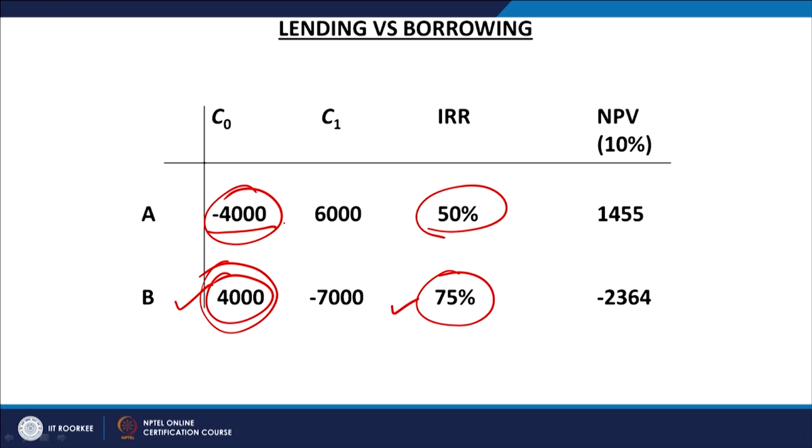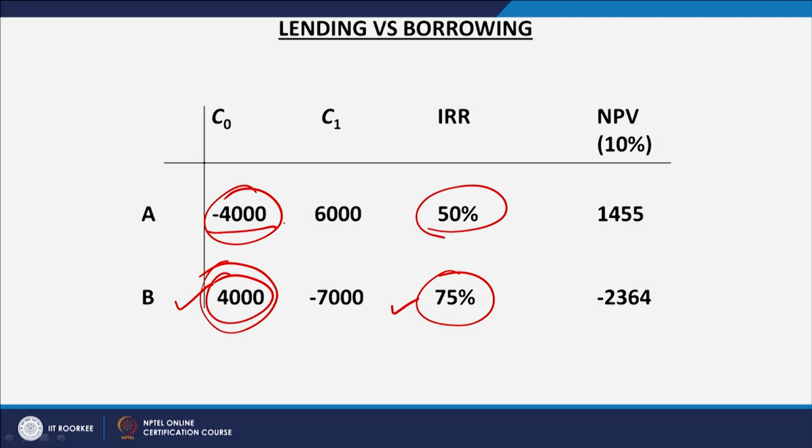This is the borrowing rate and this is the lending rate, right. So, we are lending at the rate of 50%. So, we are earning this return and we are paying this cost here. So, it does not differentiate, it only gives you certain percentage, and in this case it is 50%, 75%. It does not differentiate whether it is a lending rate or a borrowing rate. So, you have to have complete background information available for arriving at a very logical conclusion. So, that confusion is always there with the internal rate of return.